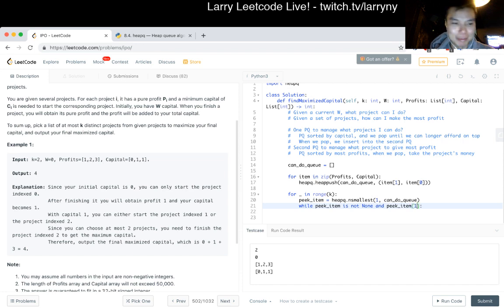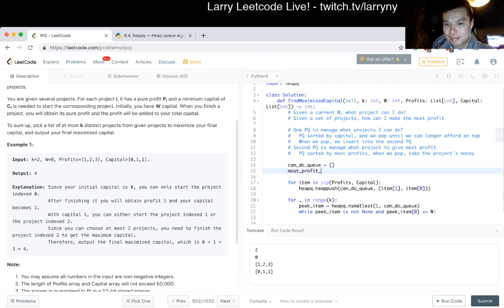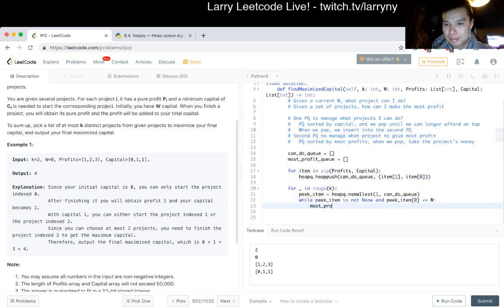Should use named tuples next time, but so that should be now the capital is the front. Okay, capital is W. So then we add it to a second queue, which is where we set most profit queue. Okay, because now we could take a look at this later.